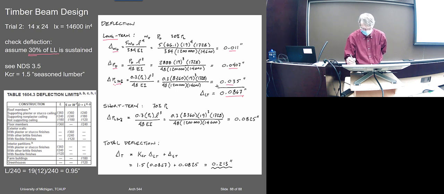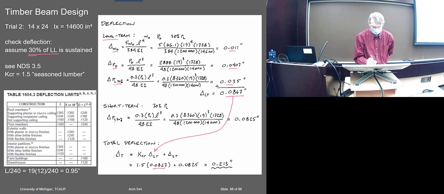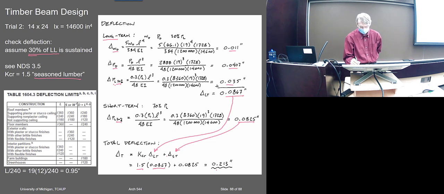That's the long-term load. That's the 87 here. And then the short-term load is what's left over, the 70% of the live load, and that would be that point load, right? That has no factor. So the creep factor here for seasoned lumber, 1.5, we multiply that on there, and it brings us up to, with creep,